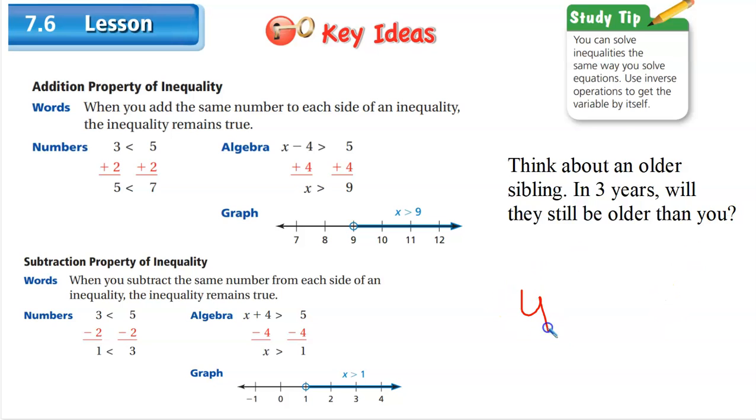So if this is you, your sibling is 3 years older. In 3 years, they're still going to be 3 years older. So as long as you do the same math to both sides, the inequality stays in balance the same amount,